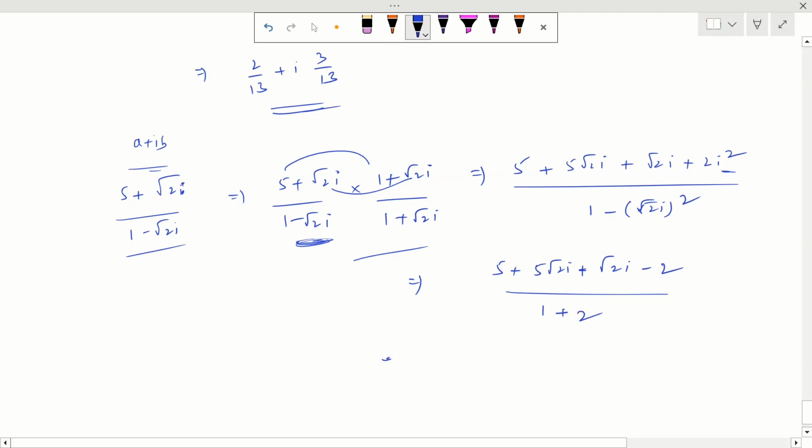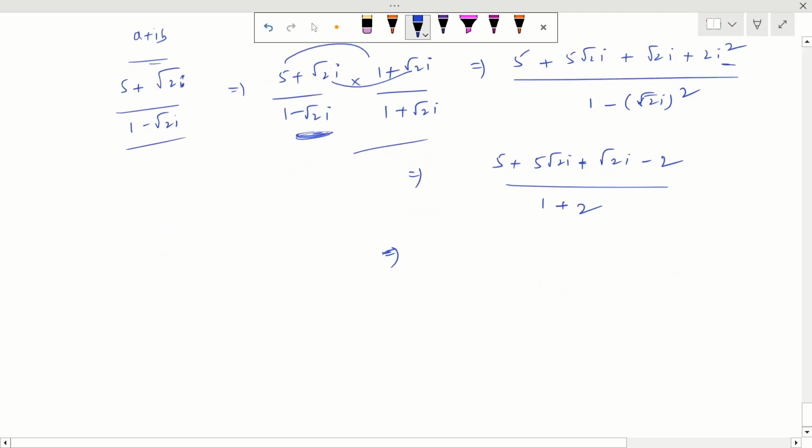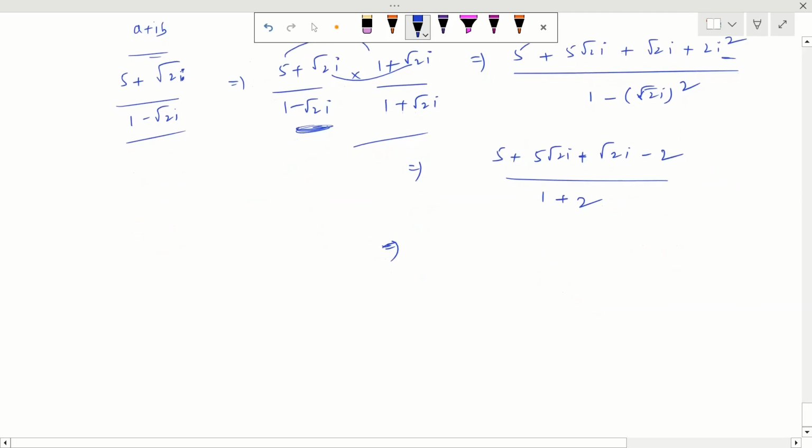When we simplify this, we have 3 in the denominator. 5 minus 2 is 3, so 3 plus root 2i, which means 5 plus 1 is